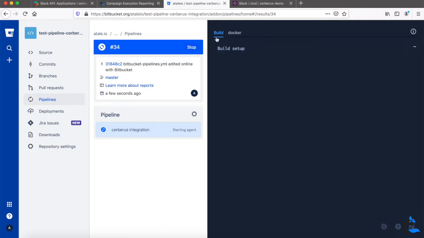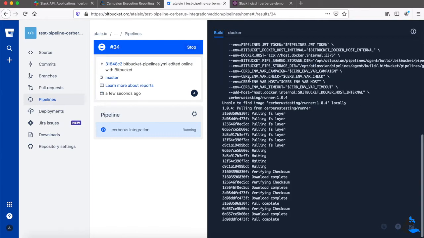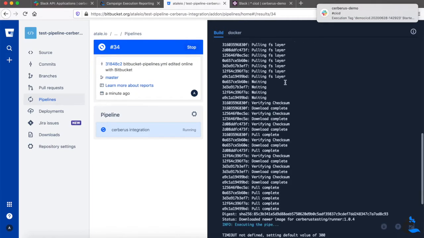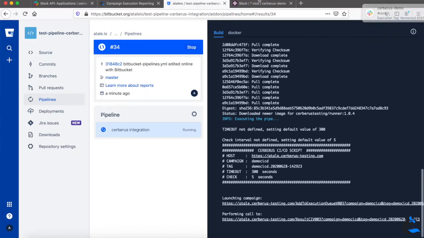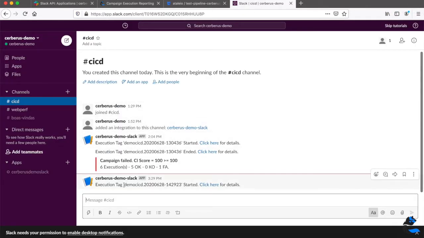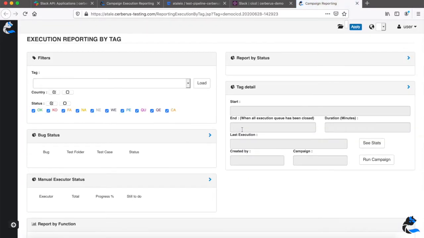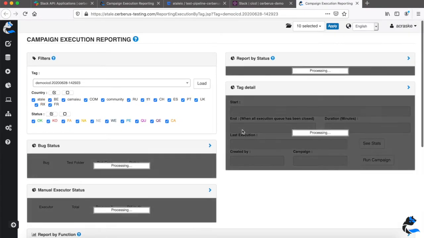So, starting the pipeline. Okay, and as you see, I got the successful message here, and I can click here to access the reporting page. Then it's a standard workflow: I can analyze and see the tests that are being run.